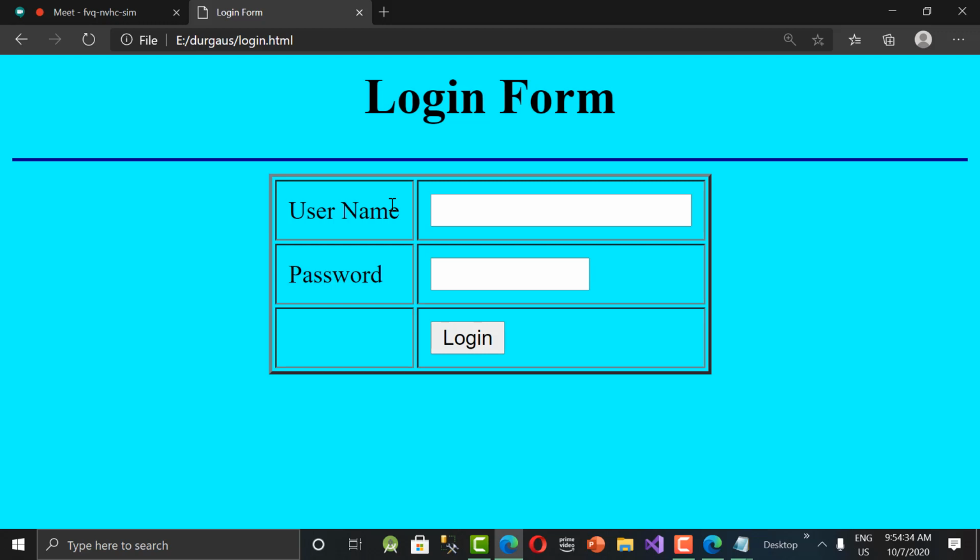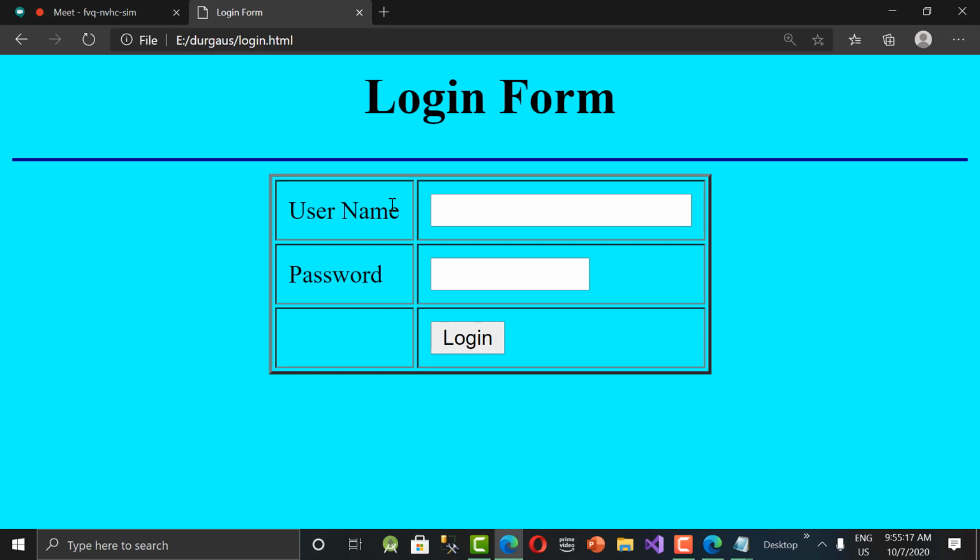Number two, get has some limitation: we cannot send much data through get. So when you have less data and it is not confidential, normal data, use get. But with post, you can send data in an encrypted way, and we can't see it in the address bar. But post is slower than get. That is the difference between get and post. Both are submitting data to the server. Get doesn't mean getting values and post doesn't mean posting; both are doing submission only. This point we need to remember.